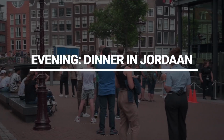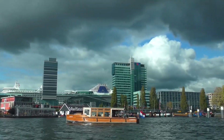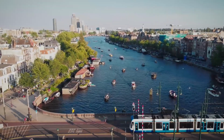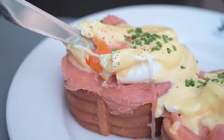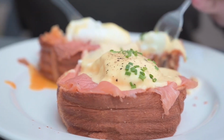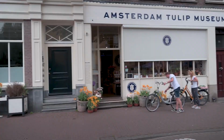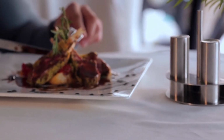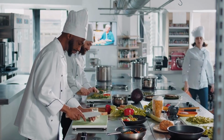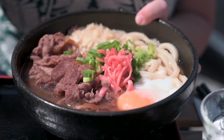Evening, dinner in the Jordaan. After a relaxing boat ride, head over to the Jordaan, one of Amsterdam's most picturesque neighborhoods. With its narrow streets, quaint cafes, and beautiful houses, it's a lovely place to wander around before dinner. For dinner, try Daalder, a Michelin-starred restaurant that serves up creative, modern dishes in a relaxed atmosphere. The chef here is known for taking familiar ingredients and turning them into something special, so prepare for a gastronomic